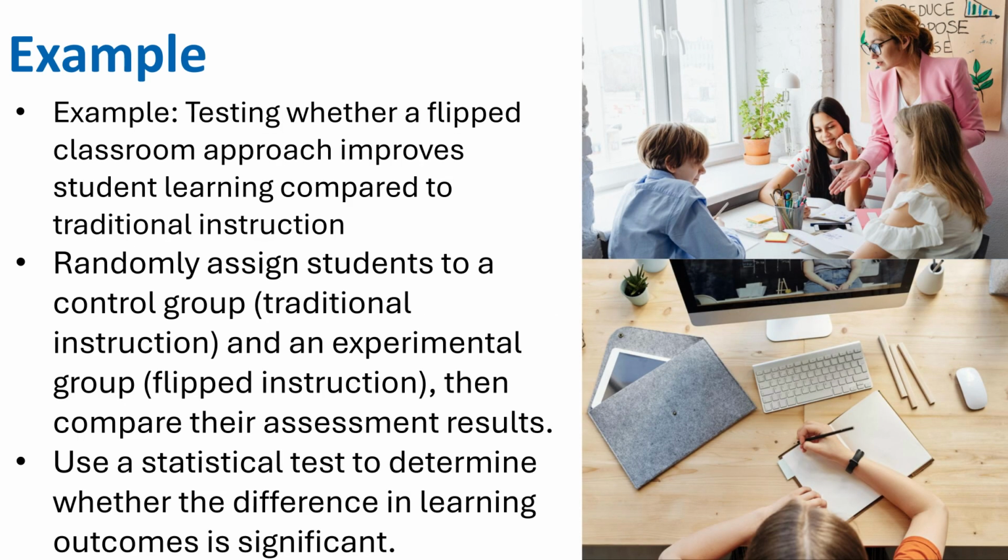This example examines whether a flipped classroom improves student learning. In a true experiment, students are randomly assigned to traditional and flipped classroom groups, and their outcomes are compared. A simpler pre-experimental design measures one group before and after the flipped classroom intervention, but it provides weaker evidence of